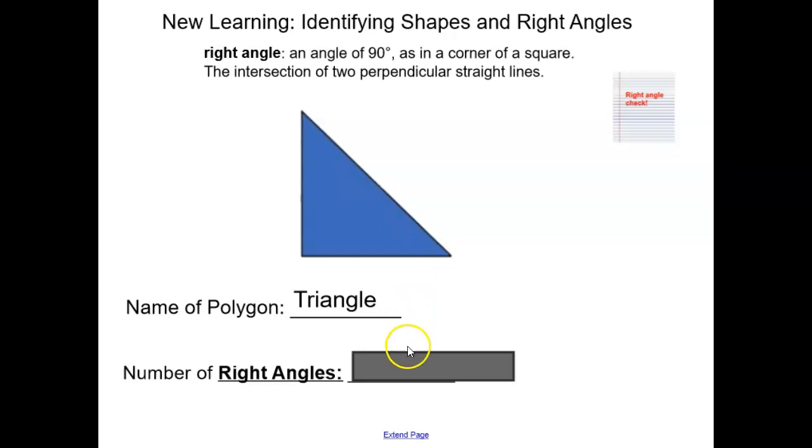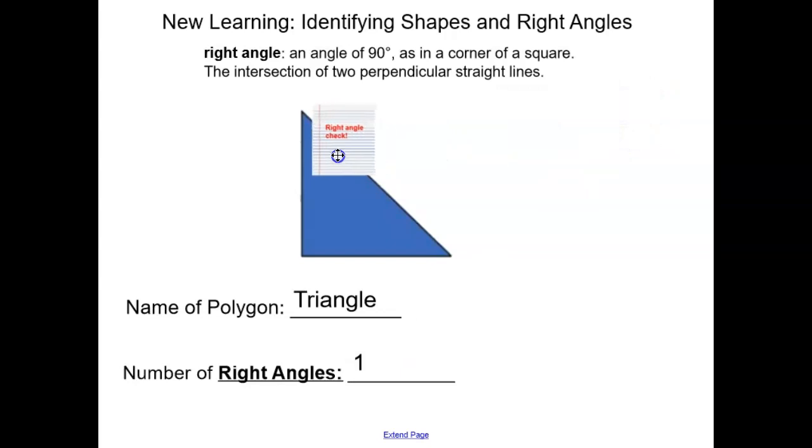If you said this triangle has only 1 right angle, you are exactly right. I'm going to use my right angle check to confirm. Nope, this angle is not 90 degrees. No, these are not perpendicular sides. But this side is a perfect right angle. There are 2 perpendicular straight sides that meet to form a perfect angle that's 90 degrees, just like the corner